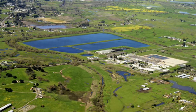I'd like to talk a little bit about the Natural Resource Program. This is my program, and so of course it's the most important thing we do here. I've brought you back to an aerial view of the Laguna Treatment Plant to show you that we really are part of the Laguna. So the Laguna is very important to what we do here because we want to make